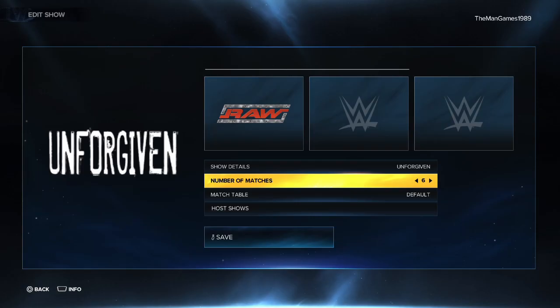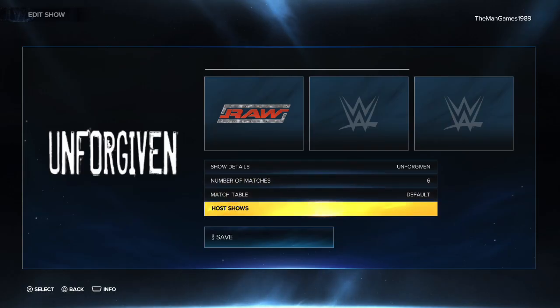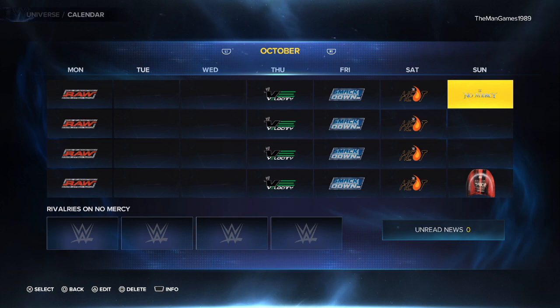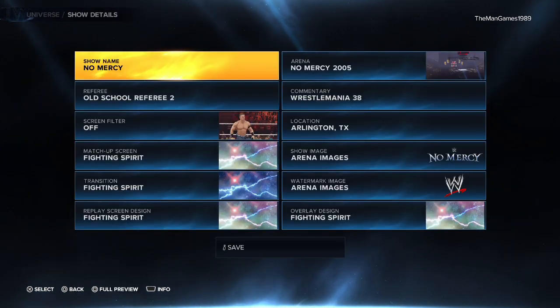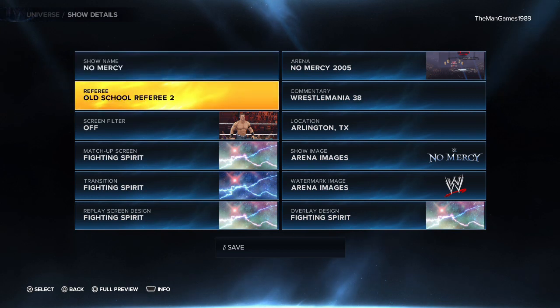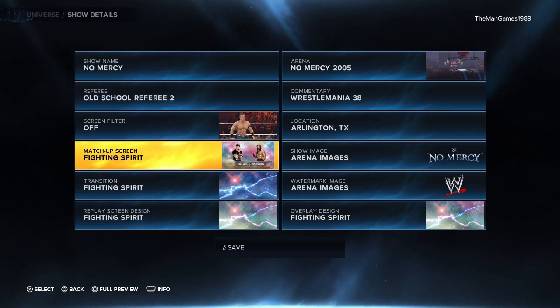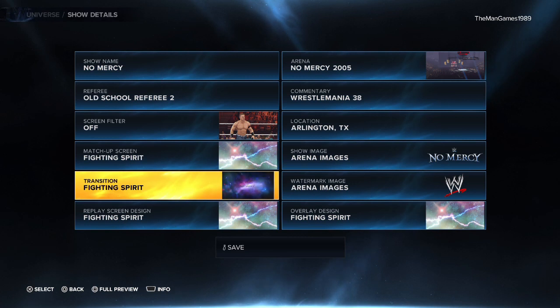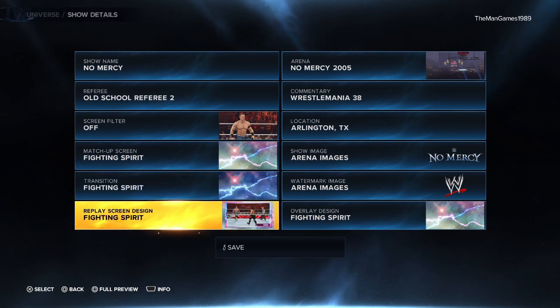creations. Number of matches, you want about 6, and the show host for this is going to be Raw. And then in October we've got No Mercy at the beginning of the month. So show name, we've got No Mercy, Old School Referee 2 again. And then for the matchup screen we've got Fighting Spirit, same for the transition, same for the replay screen design,